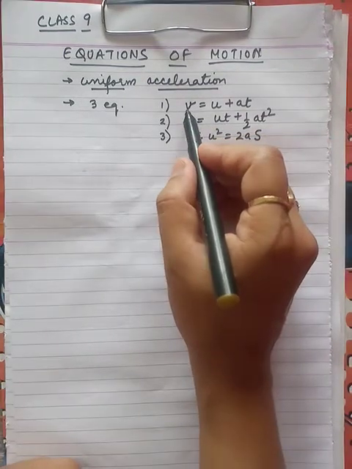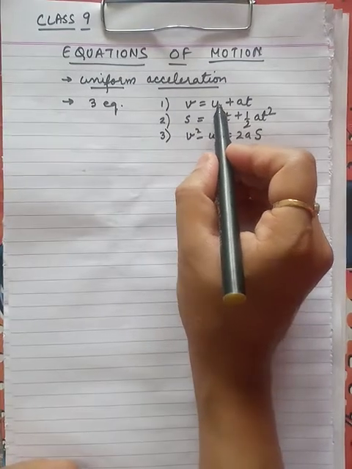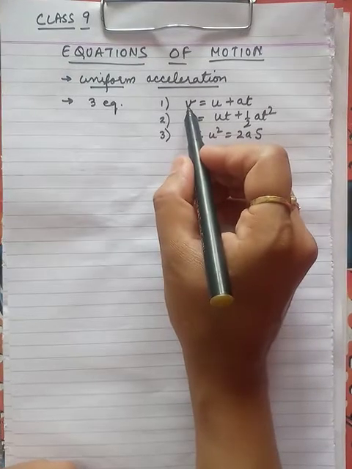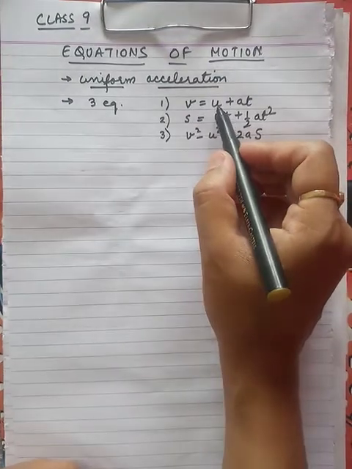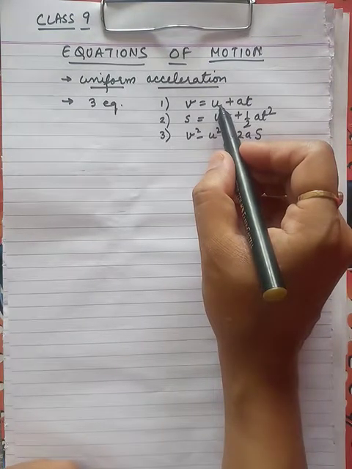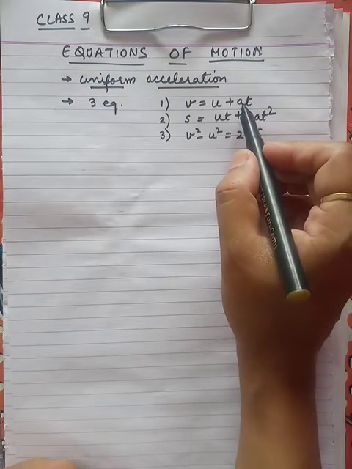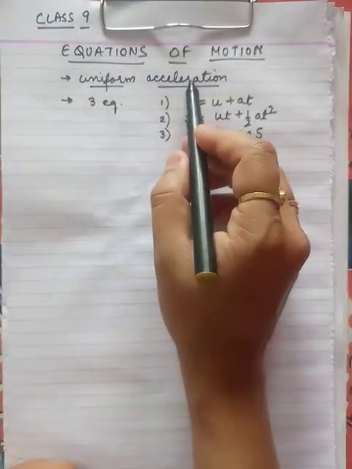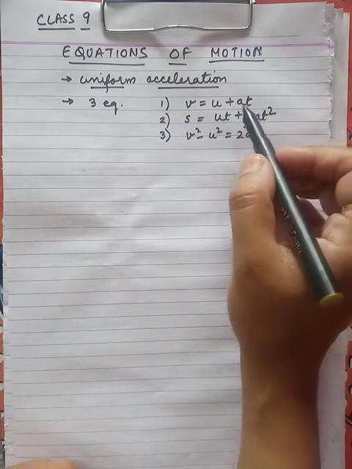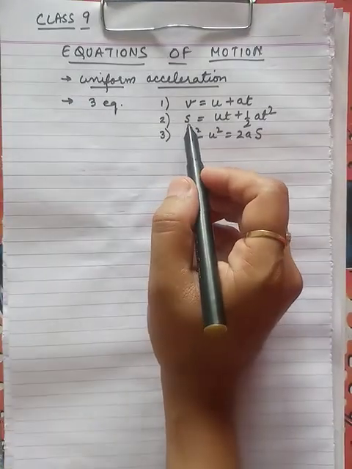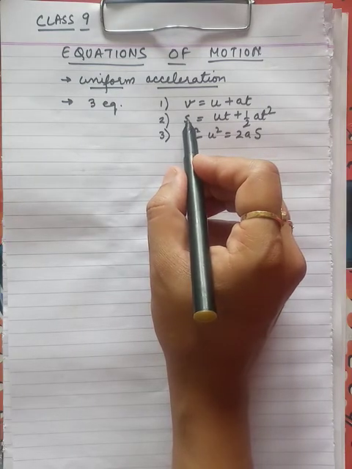Right? Let us say first equation is v = u + at. v is your final velocity of the object that we have done earlier also, and u is the initial velocity of the object. Small a is the representation of acceleration, and in this case it will always be uniform acceleration. t is nothing but time as usual. Okay, now what is s in the second equation? s is distance covered by the object.